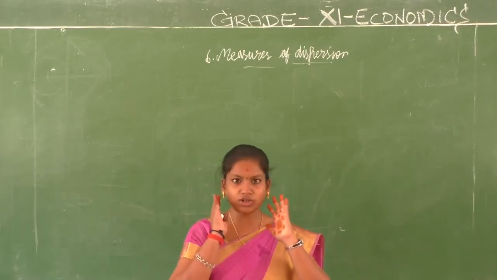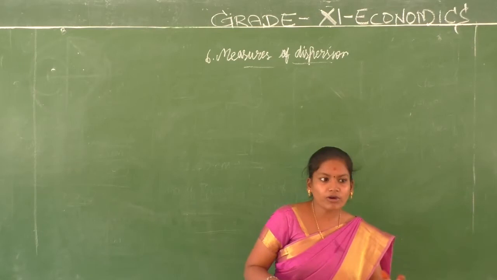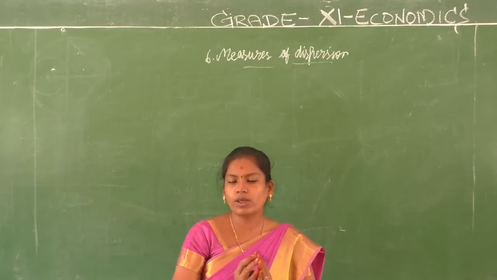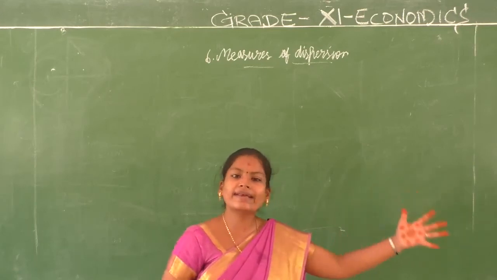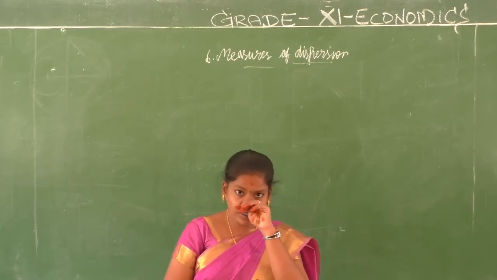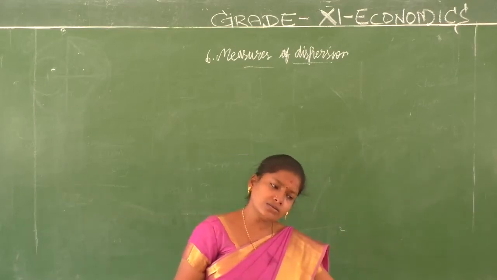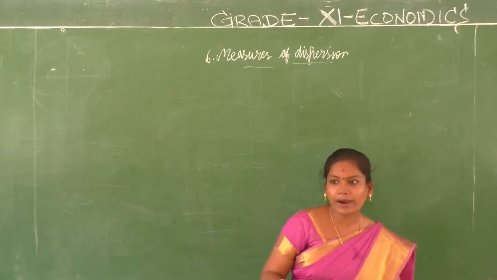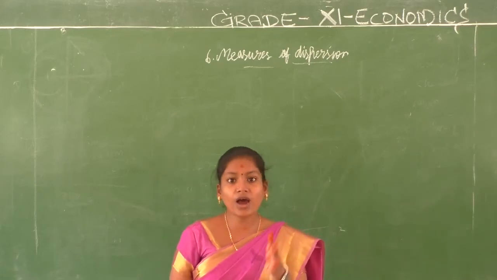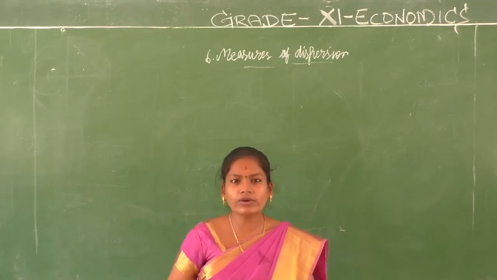So what is a median? Actually, it is a mid value. Why do we have the mid value? Median, because we need to have two equal parts. When you have two equal parts, one part will be greater than the median and one part will be lesser than the median. So what it is, children? If 20 is the median, less than 20 will be one part, more than 20 will be another part. Right, children? So that is how you handle it. Dividing into two equal parts is median.